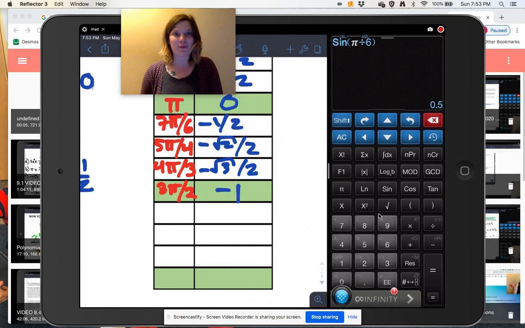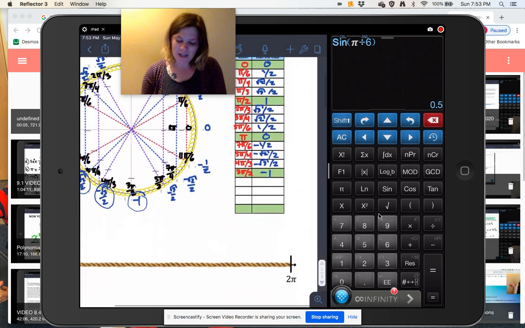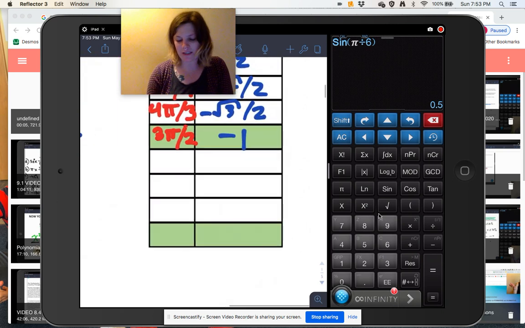We're at the bottom of the circle. The unit circle has a radius of 1, so we're going down 1 in the y direction. That's why our sine value is -1. Okay, let's finish off the unit circle here. We have 5pi/3, 7pi/4, 11pi/6. Okay, let's do it. We have 5pi/3,